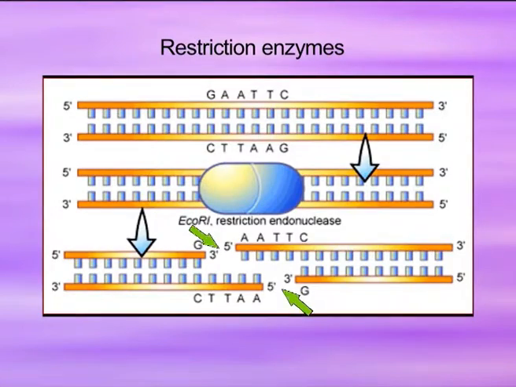Now let us move to how it cuts the DNA. It basically cleaves the phosphodiester backbone of the DNA and thereby yields fragments. As a result, the fragments or the products generated by restriction enzymes generally have a 5' end on one fragment and a 3' end on the other fragment.